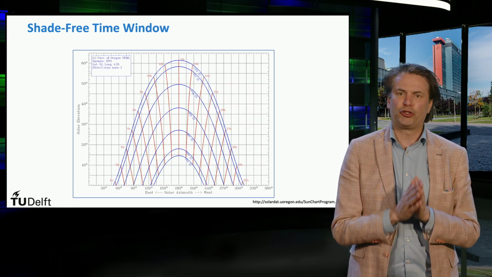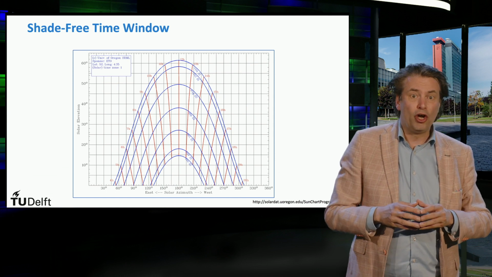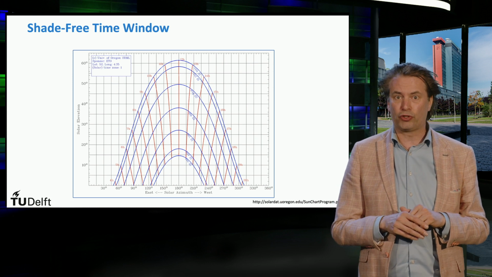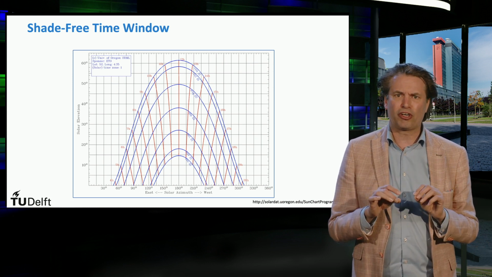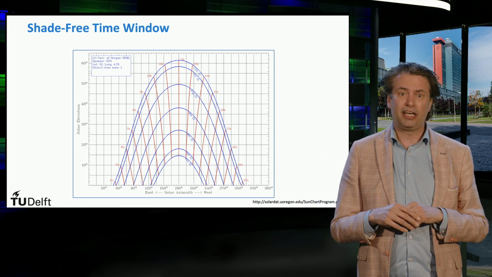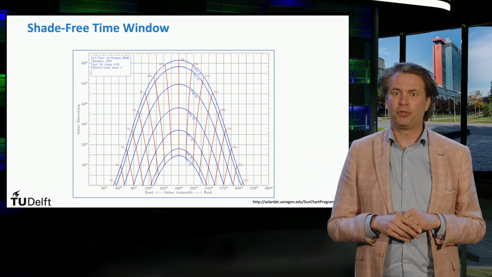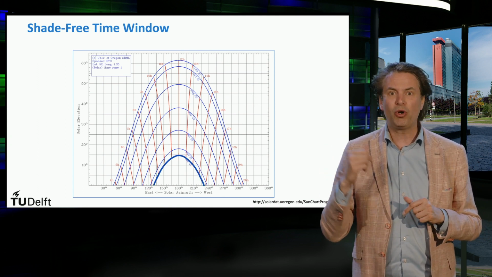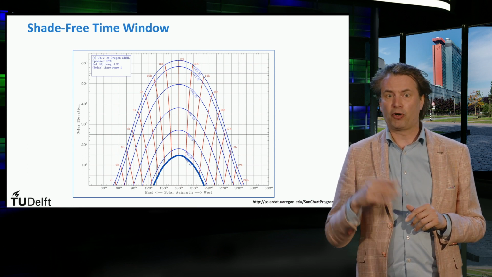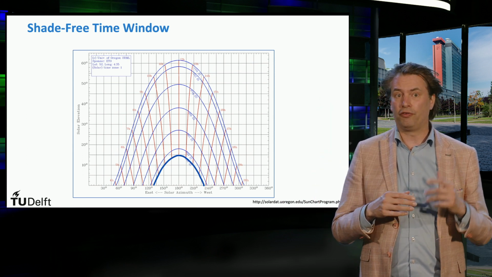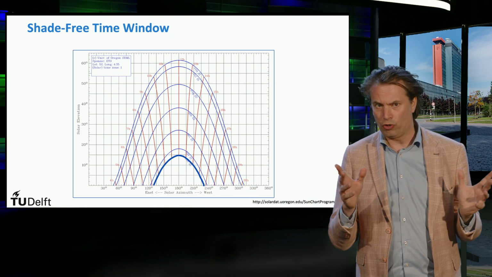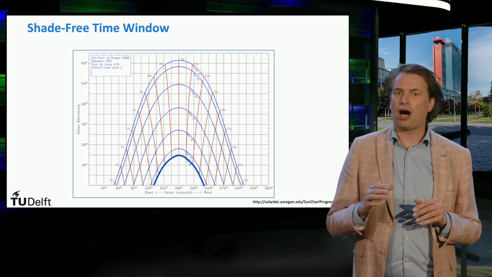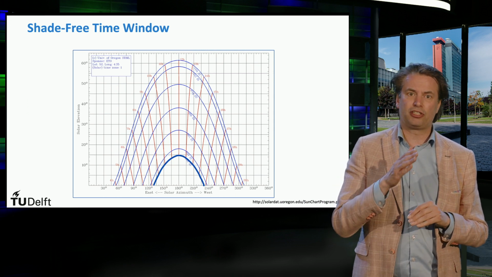First, we have to determine what the sun elevation angle is going to be, and we will use this graph with the solar azimuth versus elevation at a certain location on Earth, for example in Delft in the Netherlands. The 21st of December, which is the winter solstice, is represented by this blue line on the bottom, while the top curve is the summer solstice, falling on the 21st of June. We can also identify the analemmas for every hour. Note that the analemmas are here reported as a continuous single line.